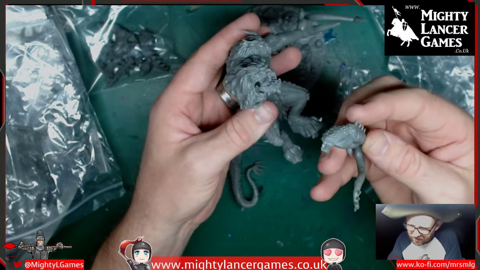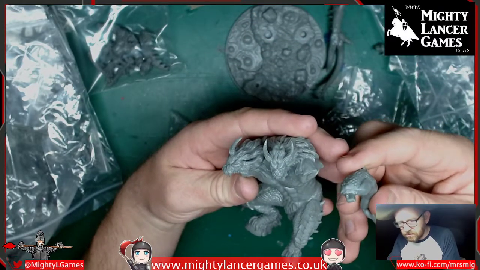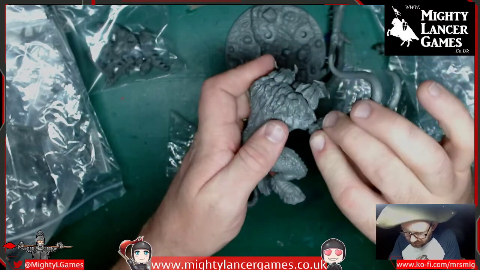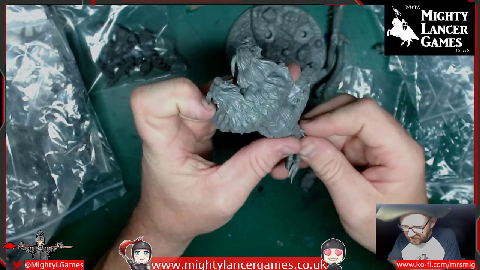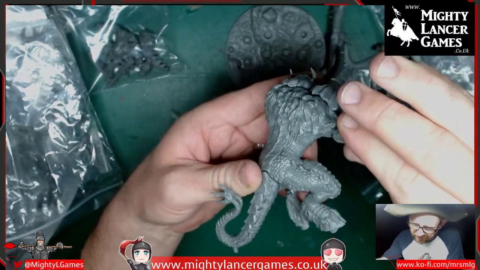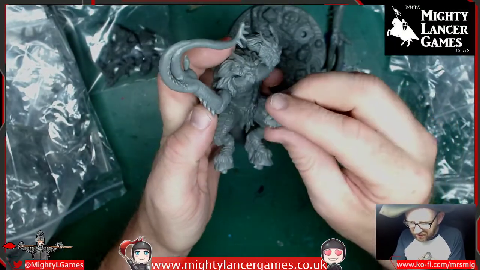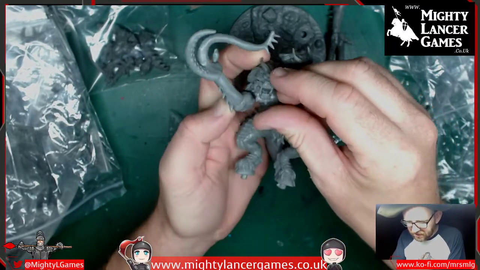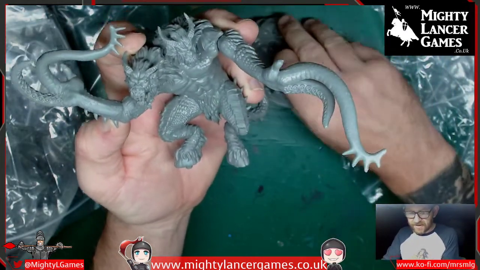So this chap goes. Does it go like that? How does that arm go on? We don't know. So that arm looks like it should go. Oh, there we go, like that, and that jaw piece goes in there like that, and that arm goes like that, and there we have